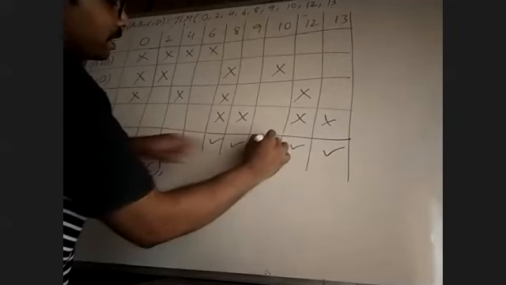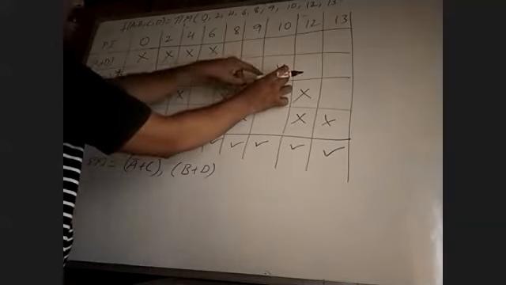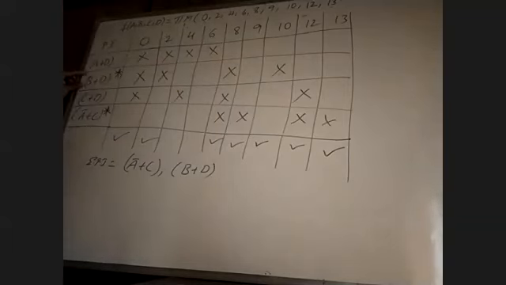And identify the second one. I am selecting 10. By selecting this particular row, row number 2, B plus D is the essential prime implicant. Write a star mark there and write the second prime implicant is B plus D. By selecting this, it is covering 10, 8 is covered, 2 is covered, and 0 is also covered. The max terms 0, 2, 8, 10 are covered by selecting the essential prime implicant B plus D.